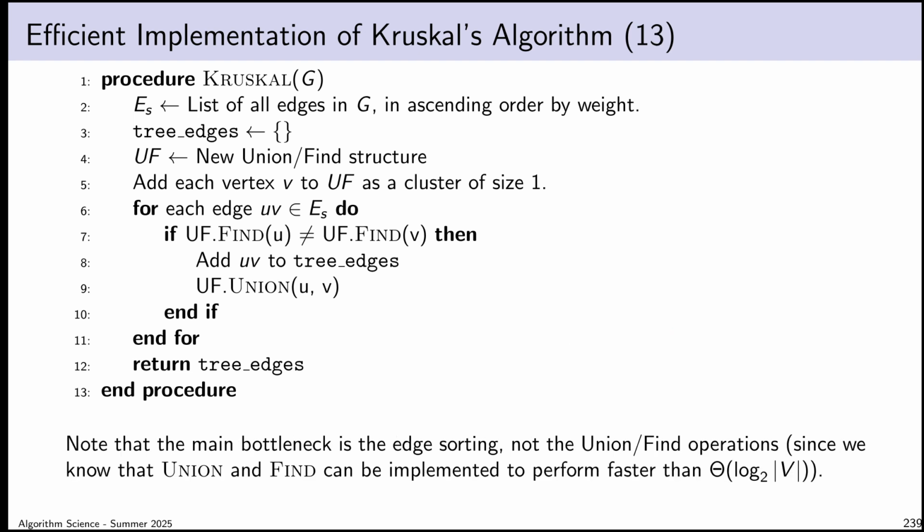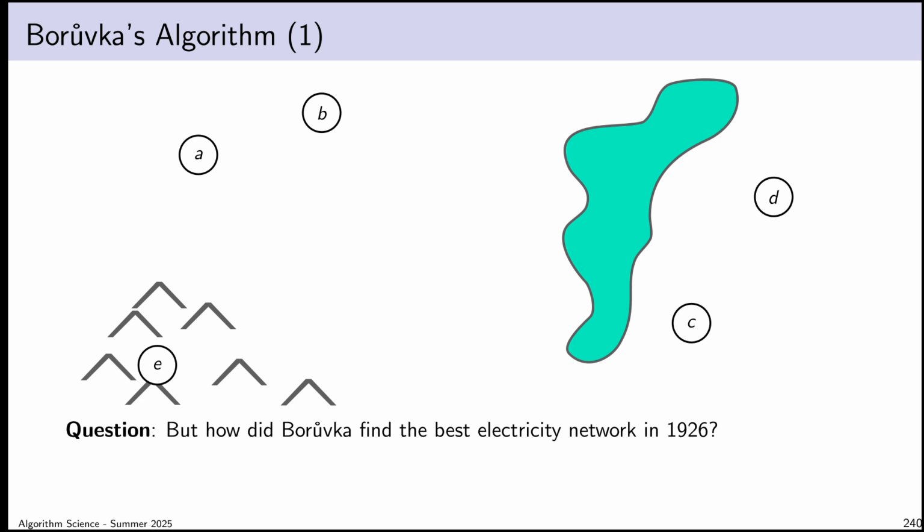And as I said, the main bottleneck here is actually the edge sorting, because obviously we know that union find is not big theta of log V once we've broken that all down. We saw that last time. That's all well and good, and that was a fun 2 hours and 30 minutes, but wait a minute,